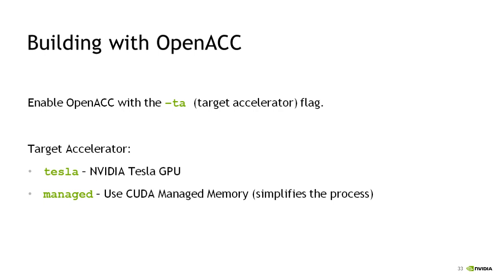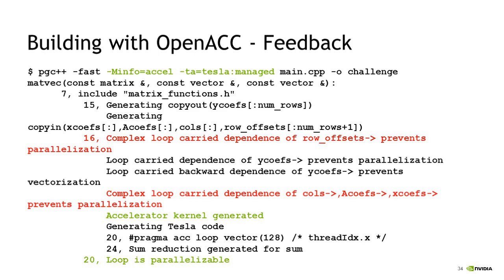So I'll build the code. Again, I've added -Minfo to tell me what's going on, and -ta=tesla:managed to tell it to build OpenACC. And right away, you see the importance of turning on the compiler feedback. Because although I've looked at that code and